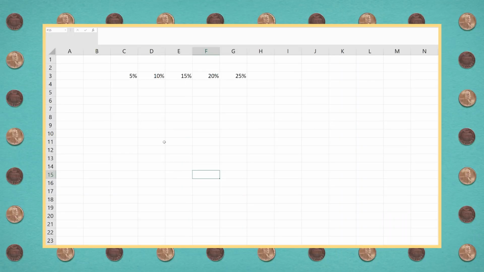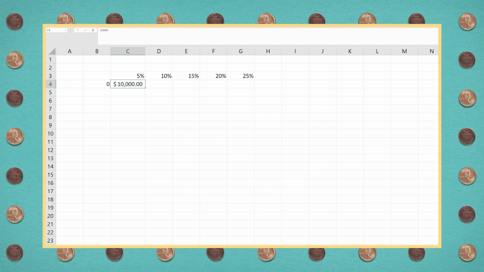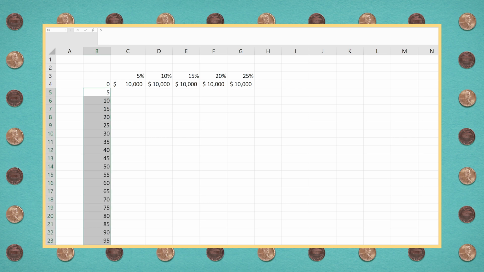We can start with, let's say, $10,000. We can start with $10,000 today at time zero, and we can look at what this $10,000 might look like as it grows at different interest rates. Let's say we went in 5-year increments so we can go a little further out in time. What I'm going to do here is grab the corner of the Excel sheet with this little crosshairs. It has recognized the pattern, and let's go out to say 100 years.